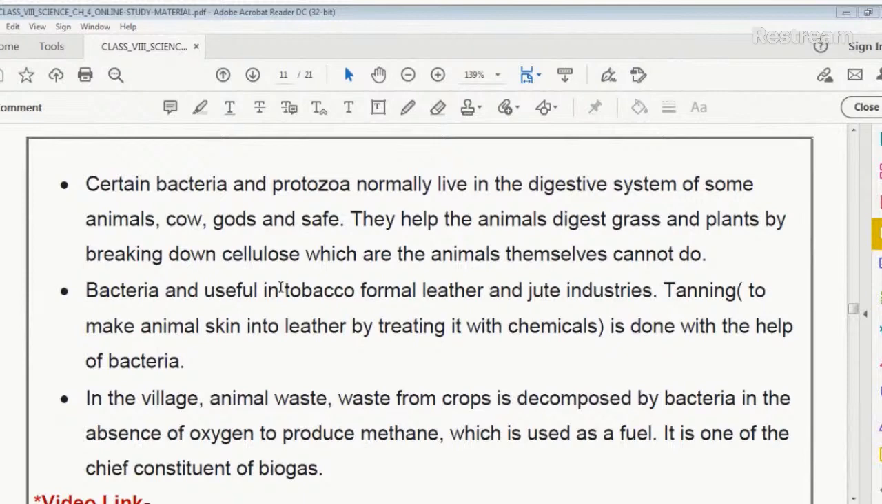Tanning means what? To make animal skin into leather by treating it with chemicals, and tanning is done with the help of bacteria only. And in the village, animal waste from crops is decomposed by bacteria in the absence of oxygen to produce methane, which is used as a fuel, and it is one of the chief constituents of